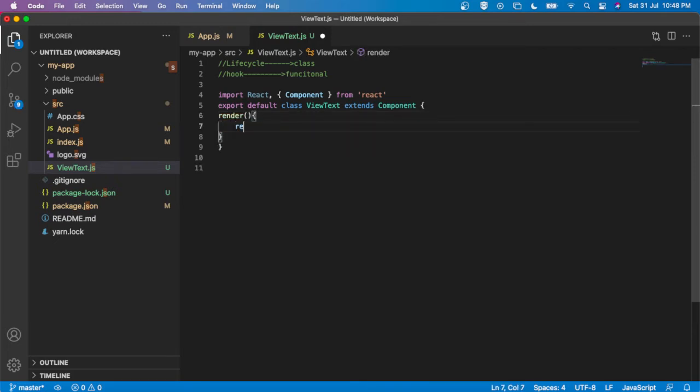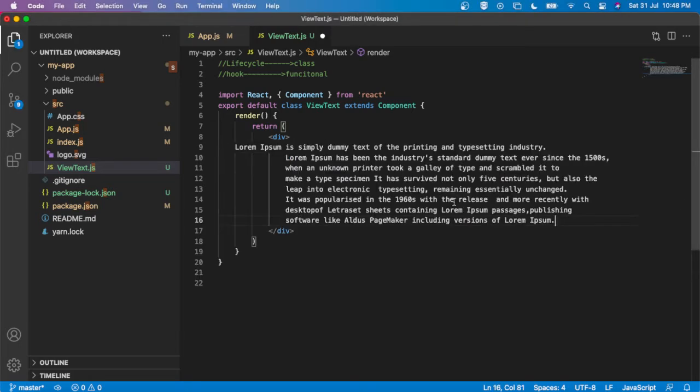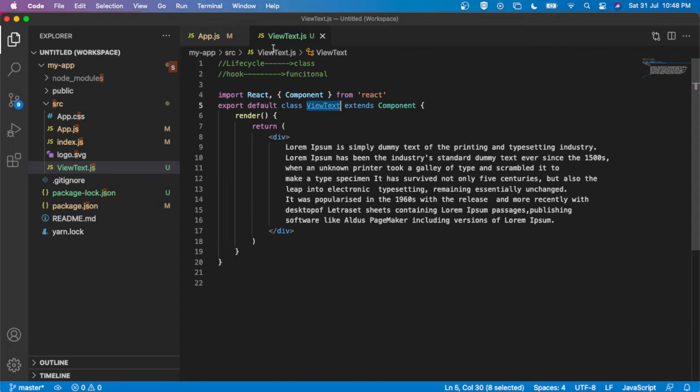Inside our render I'm going to return some JSX, just a div, and inside that div I am adding some text so that we can test the UI. Now if I refresh, nothing is visible because I didn't use view text in the app.js file.